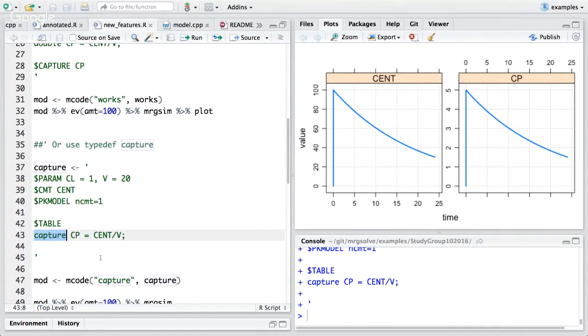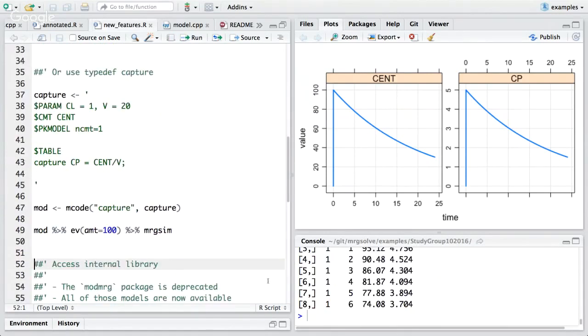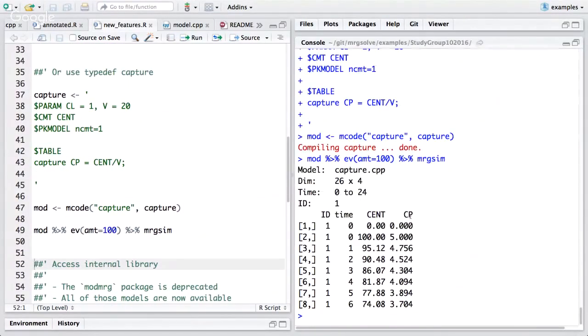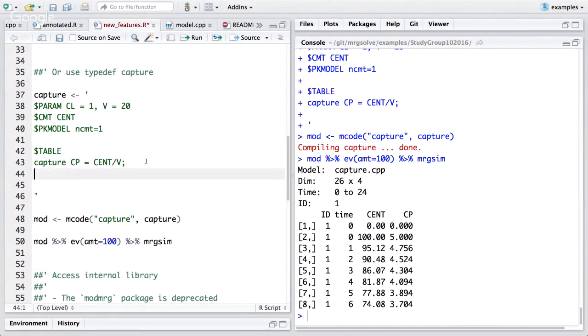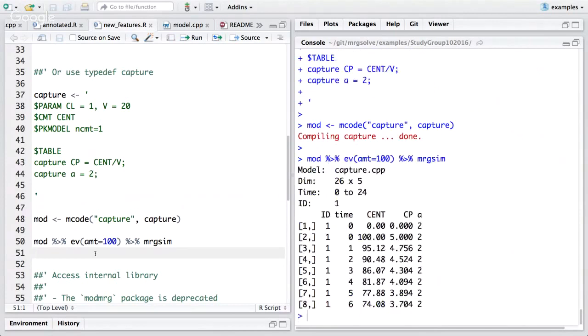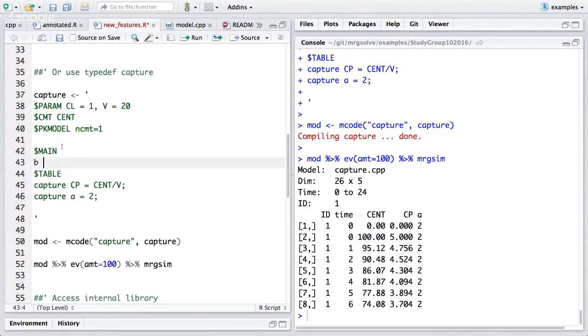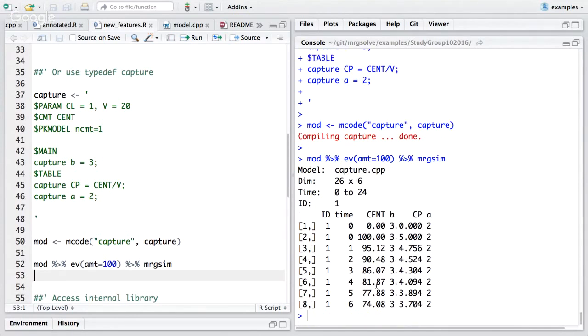It's just like using double, but when MRG-Solve sees capture in there, it'll automatically add that to your capture list. So I can compile this model and run this, and now we get the central compartment and we get the CP. It's a quick way to label something down here in this $TABLE as capture A equals 2, and it'll automatically appear in there. You can also do this in $MAIN. We'll run this code. Whether it appears in $MAIN or $TABLE, it'll appear, but you will get a warning if